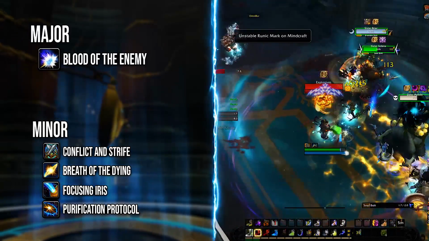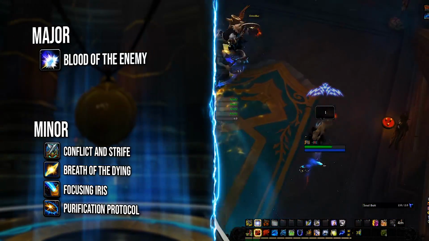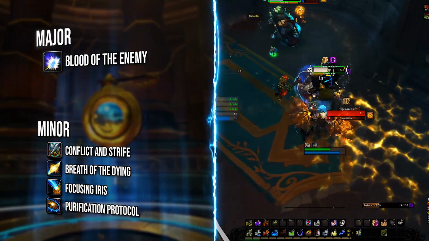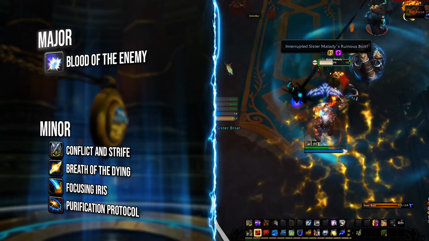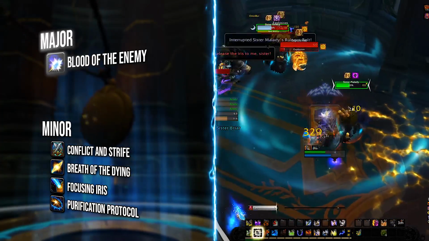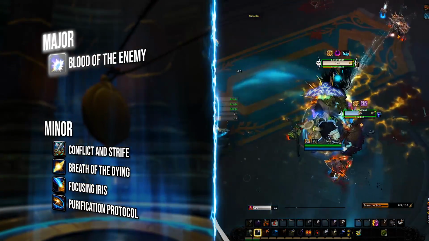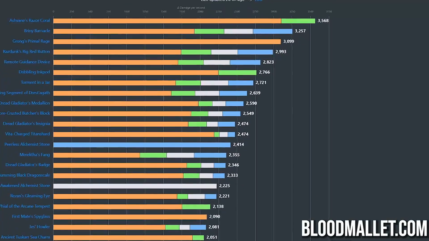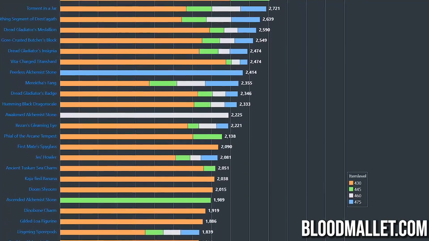Conflict and Strife is sometimes a mandatory minor. The tankiness from versatility is a much bigger deal in dungeons. Breath of the Dying, still high damage, still good, with Focusing Iris for the same argument as before, haste. When choosing trinkets and for a lot of other options, you can and should check bloodmallet.com, where there's a